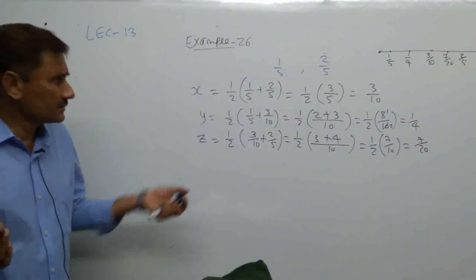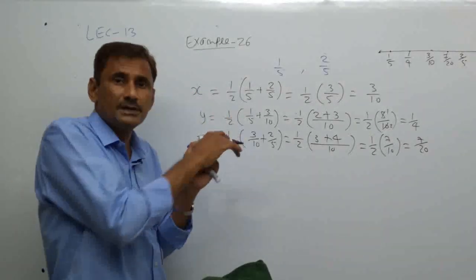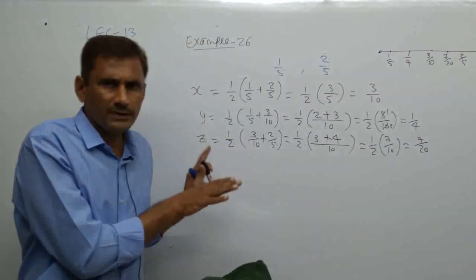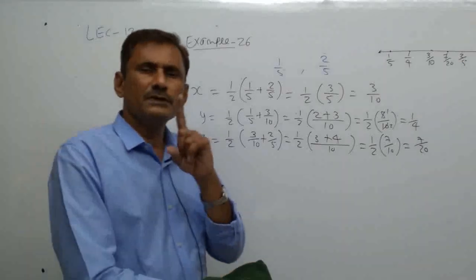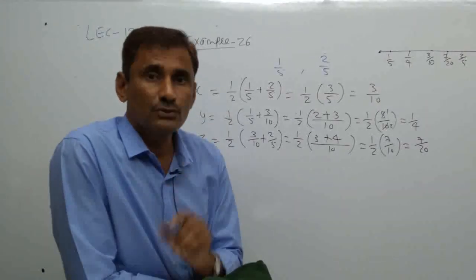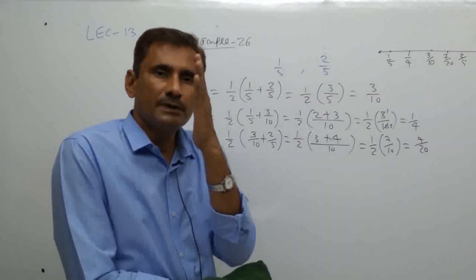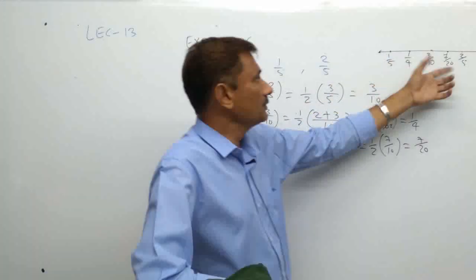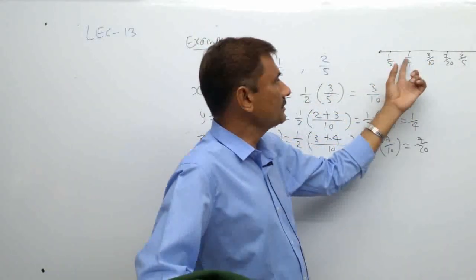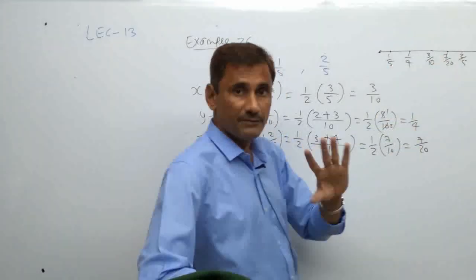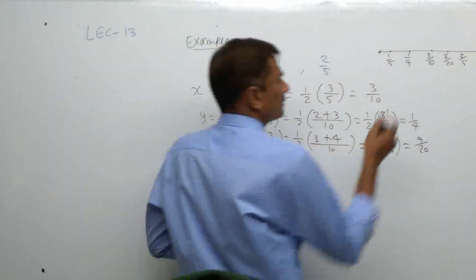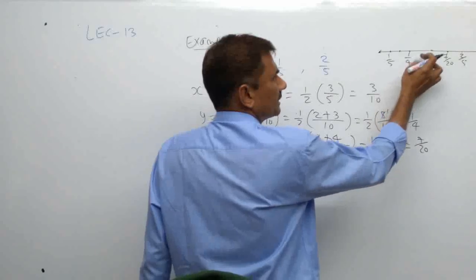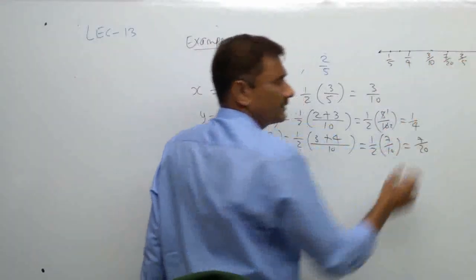Even you can go ahead, but I think that is quite long comparatively, so I hope you will prefer that one. But first of all, we understood one concept: if we take the average of two given numbers, then it is exactly between these two numbers at the midpoint. So we got first 3 by 10, then again these two numbers mean average. Again you can take any gap here also. If you want to find here, then it is the average of this one. If you want to find then the average of this one, anyway.